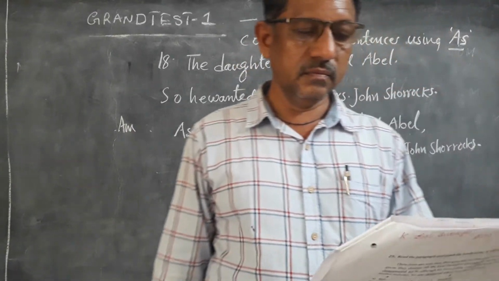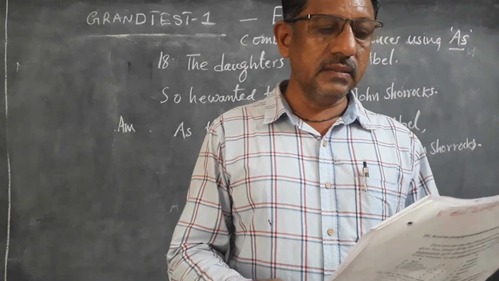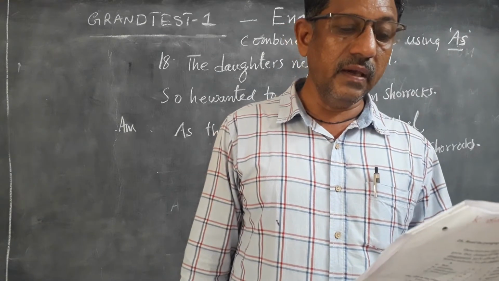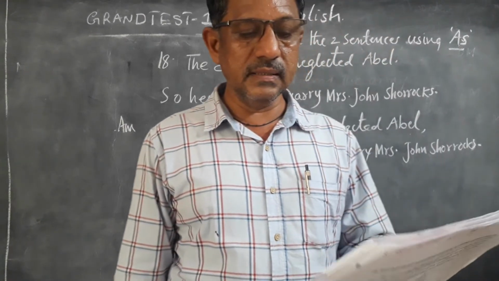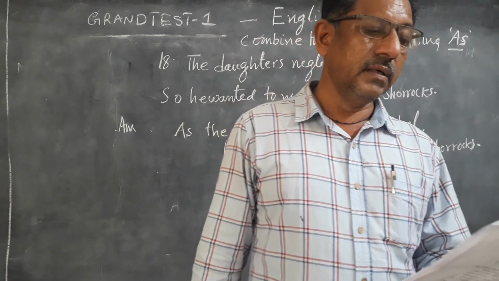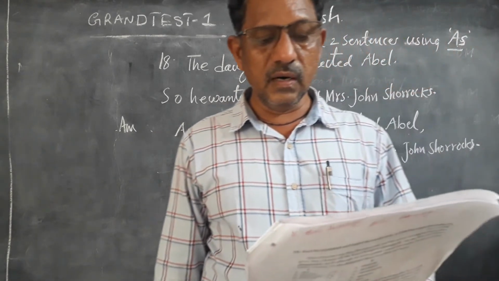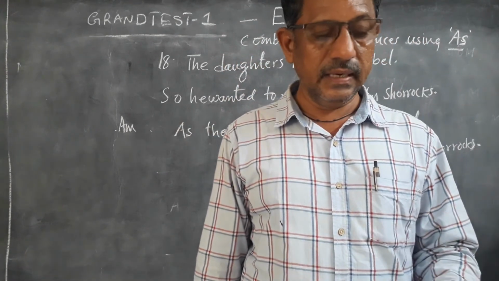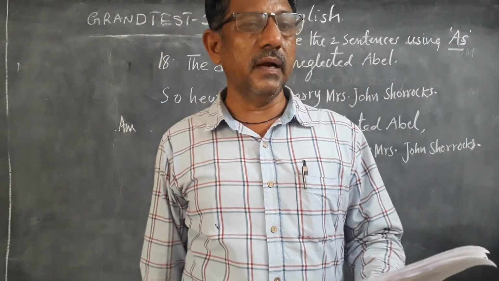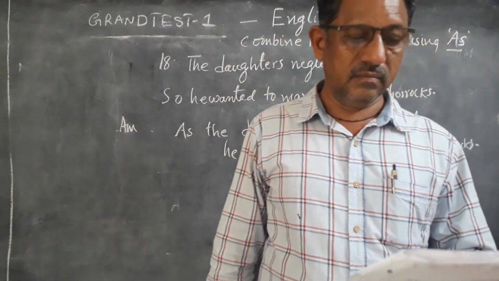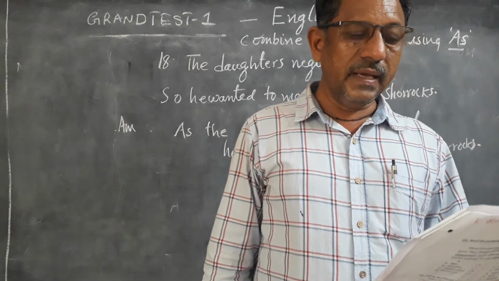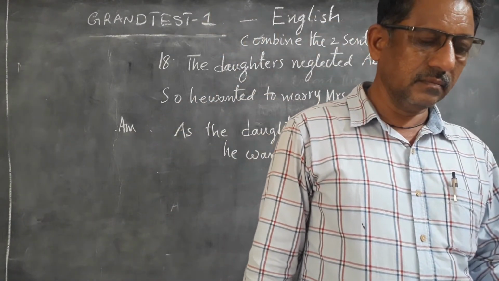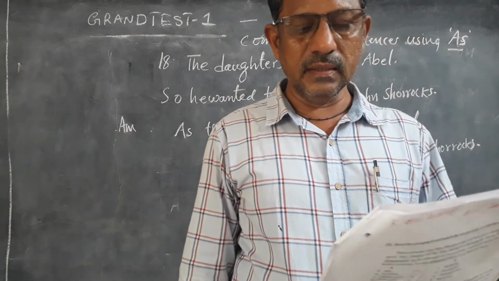Question number 22. Change the following into a polite request. A student to a stranger: please make way. I want to go to the other side of the veranda. Here, to ask more politely, we use the modal verb "could". Yes. Could you please make way? I want to go to the other side of the veranda.